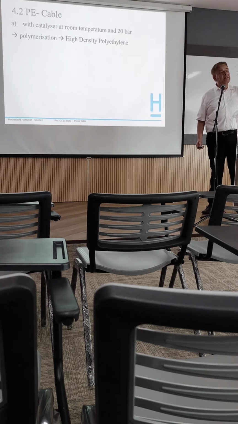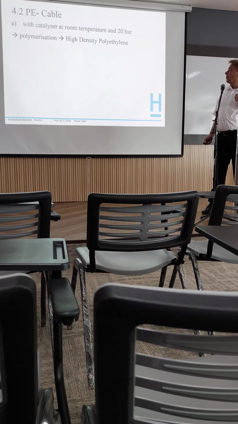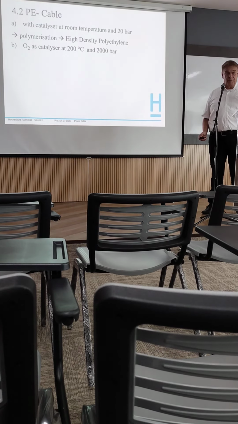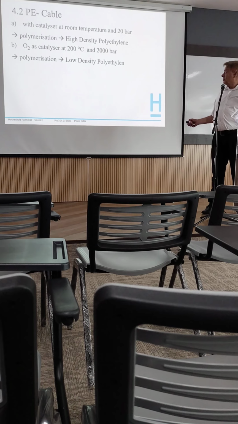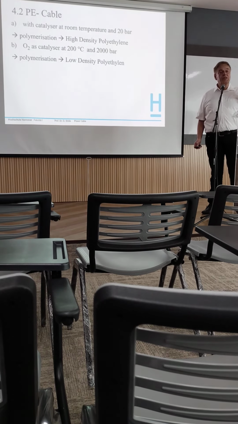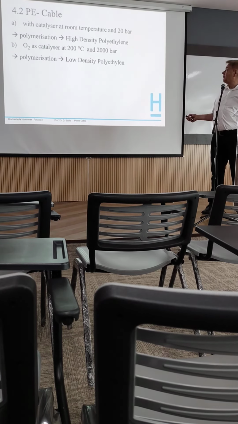That's a mechanically rigid polyethylene. The other one uses O2 as a catalyzer at 200 degrees centigrade and 2000 bar pressure. And then after the polymerization, we say it's a low density polyethylene. This material, the low density